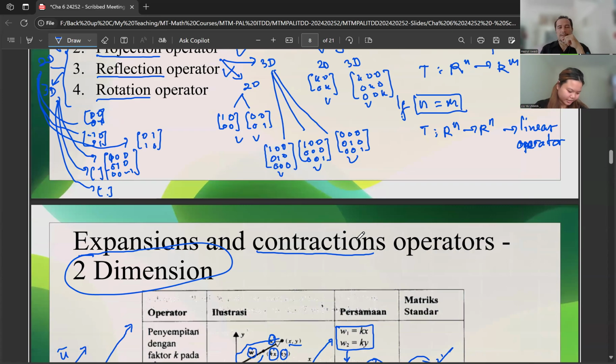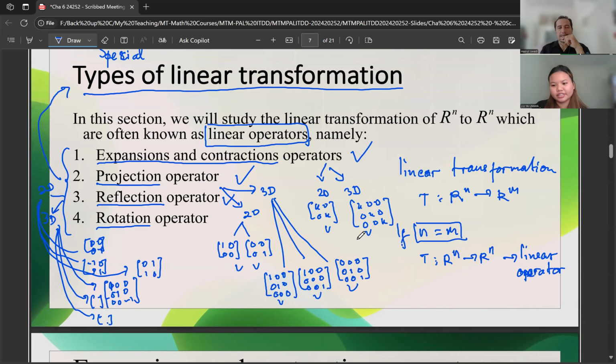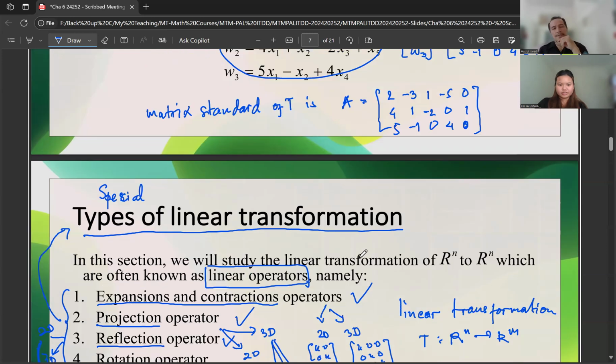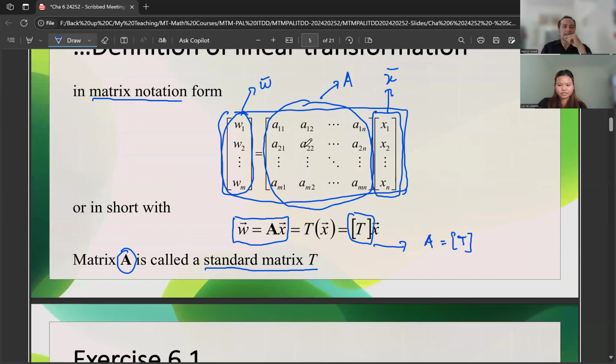Please be attention that you must do the quiz on Tuesday. The material is from meeting 8 about basis and dimension, up to meeting 10. In meeting 11, about inner product space.